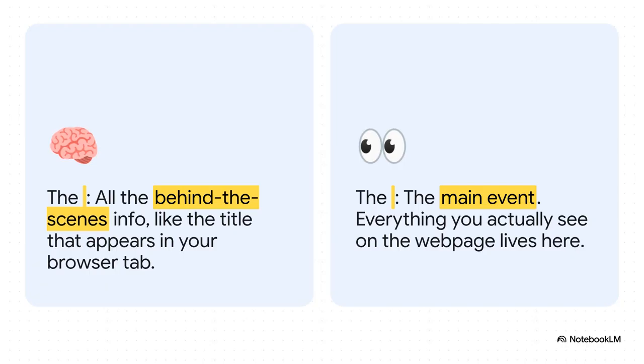So every HTML page is basically split into two big parts. First, you've got the head. This is all the behind-the-scenes stuff. You know, the page title you see up in the browser tab, other technical info for the browser. And then you've got the body. That's the main event. Everything you actually see on the page, the text, the images, the links, it all goes